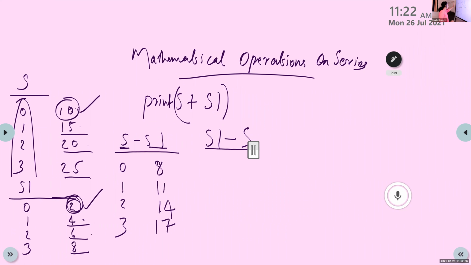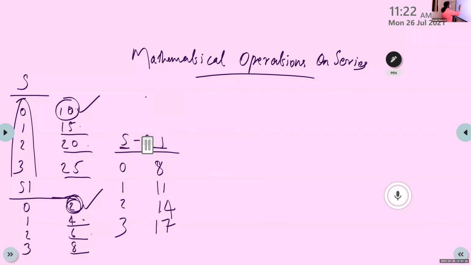First check the index of S and S1. If the index of S and S1 is same, take the first value of S, that is 10, minus the second value, that is S1, that is 2. So 10 minus 2 is 8. Is it clear?